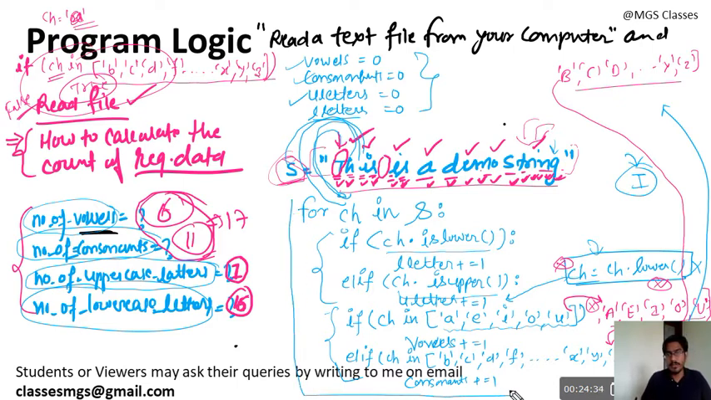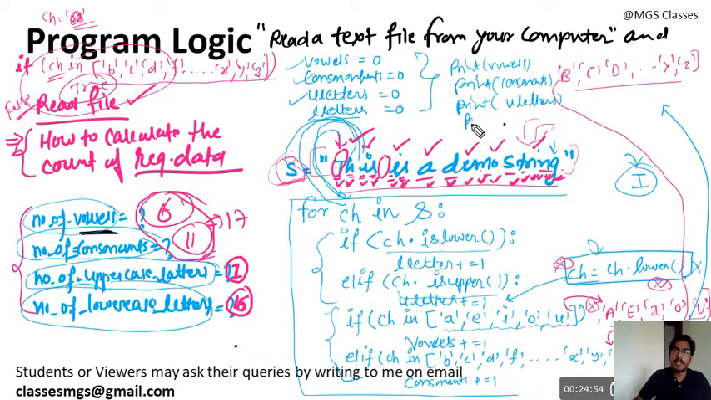And at the bottom you may print the variables. Print the vowels, print the consonants, print the U letters and print the L letters. Here we go. So this is basically the logic to check how many characters there are